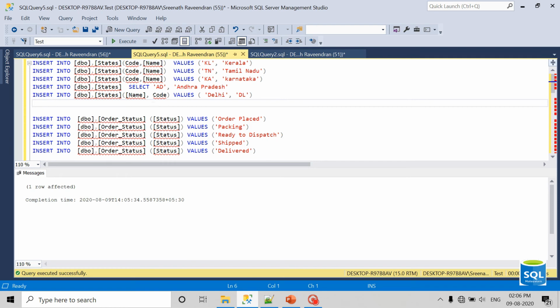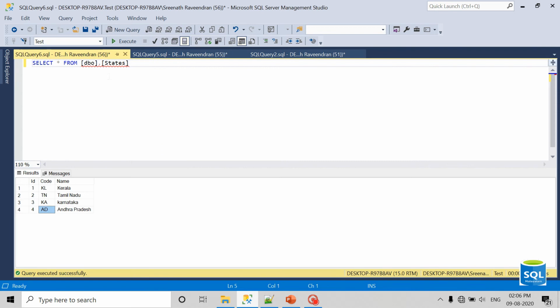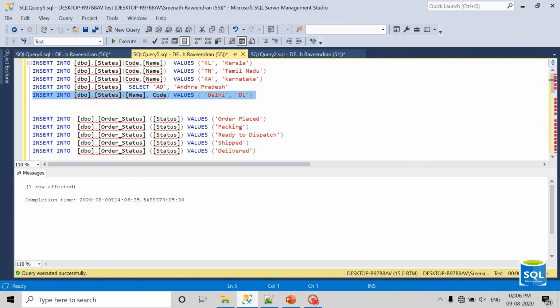But here I use name as the first column and code as the second column. But in the values, you have to specify accordingly. The value for the name should come first, and the value for the code should come second. If you follow that, that also inserts correctly. Yeah, it got inserted. So for inserting a new record, we can follow these three syntaxes.